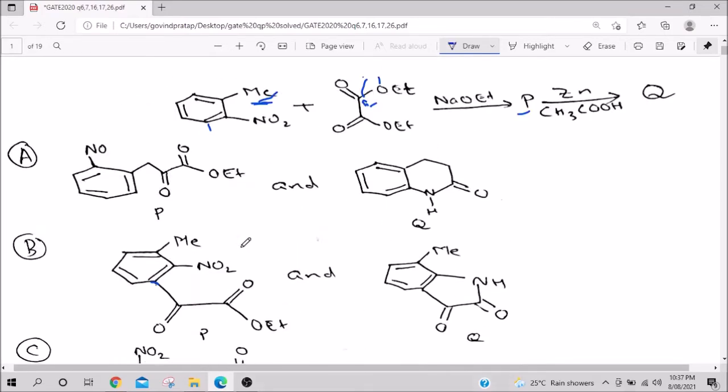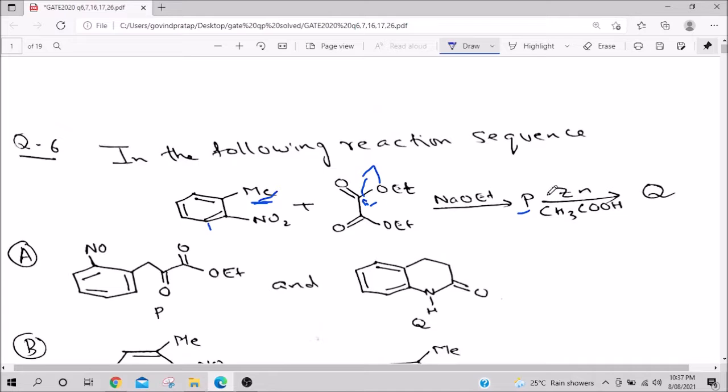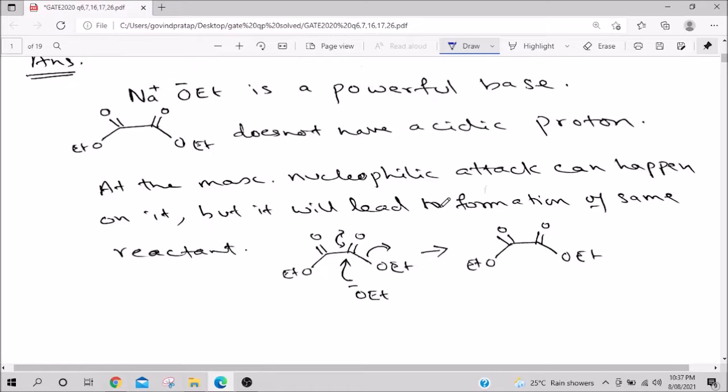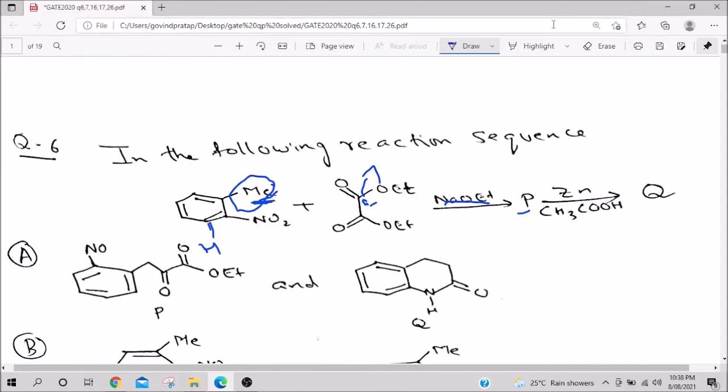So very clearly the logic behind P is, sodium methoxide acts as a base. It either removes a proton from the ring or it is attacking a proton and removing it from the methyl group, and then the reaction happens. Otherwise the mechanism is the same. Let's go step by step, then we will appreciate it. Now sodium methoxide is a very powerful base. It can also act as a good nucleophile. So we will see here, will it react with this substrate or will it react with this substrate?